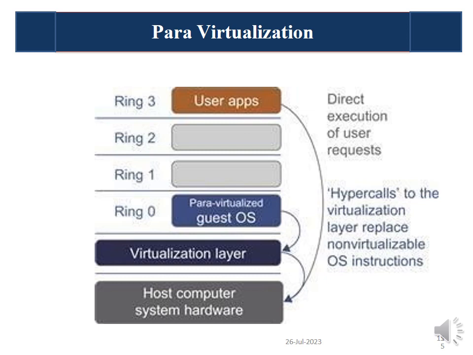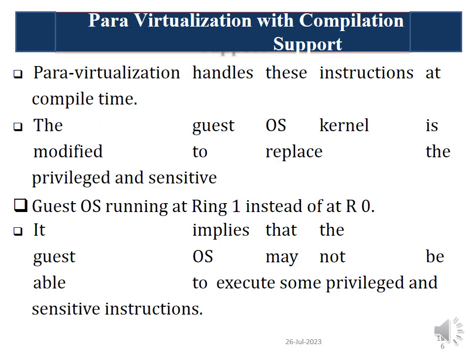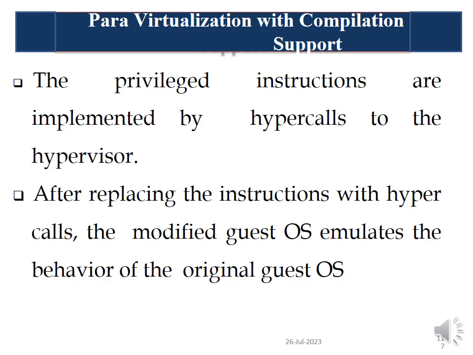So we'll have the host, the virtualization layer, and the para-virtualized guest, where hypercalls to the virtualization layer replace non-virtualizable OS instructions. So how will the compiler support this? The guest OS runs at ring 1 instead of ring 0. The guest OS may not be able to execute some privileged and sensitive instructions. The privileged instructions are implemented by hypercalls to the hypervisor. After replacing all the hypercalls, the modified guest OS emulates the behavior